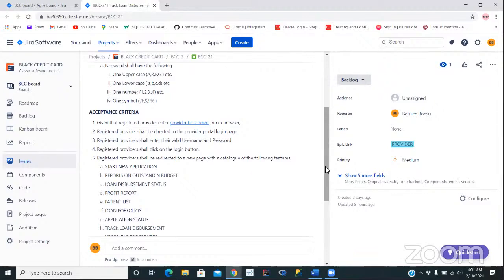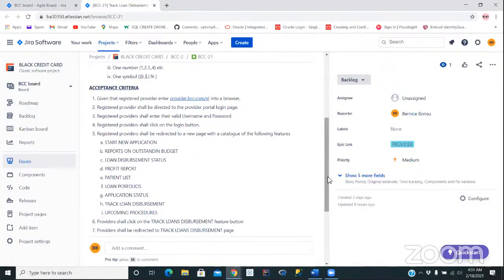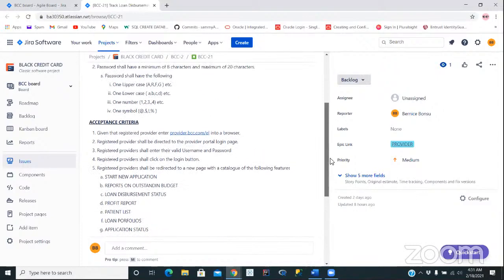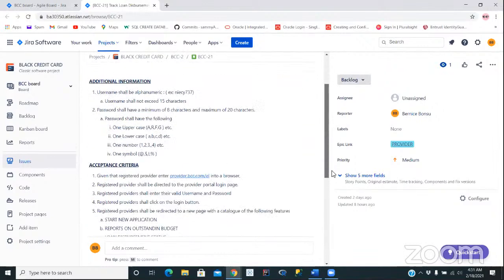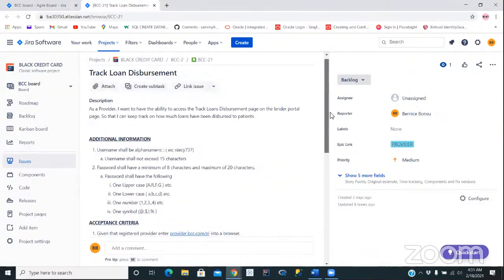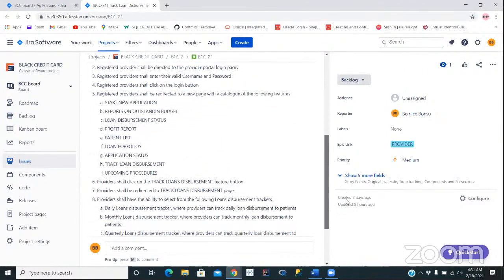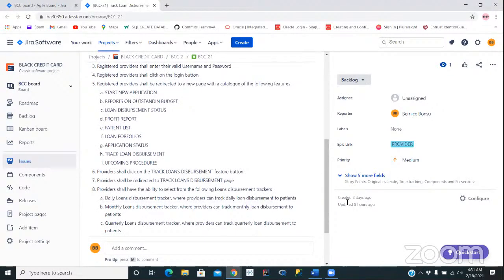a list of features to come up for them to choose from, and they should be able to choose the start a new application or report on outstanding loan or loan disbursement or profit report or patient list. That is all the stories for that. And since we are doing the truck loan, they'll just go ahead and click on the truck loan, and